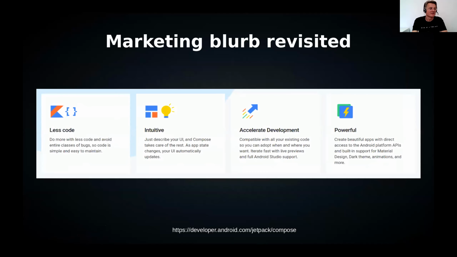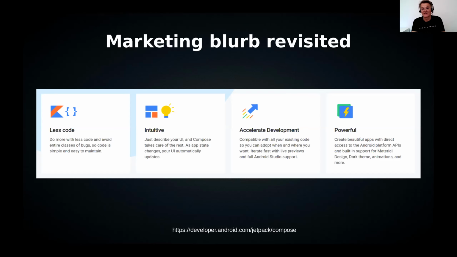So back to this slide, that's my final slide. Do we have less code? I think there's a check mark for that. Yes, they achieved this. Is it intuitive? I'm so used to the old model that it's probably unfair to ask me. Any React developer would say, yes, it's very intuitive. For me, the old model is still more intuitive just because I'm used to it. But overall, I liked playing around with Compose. So I think I will switch as soon as it's viable.